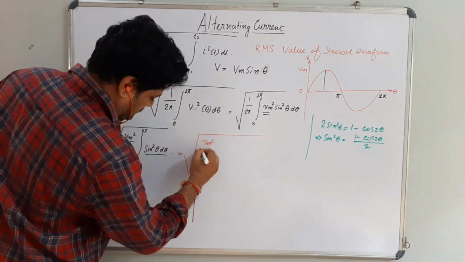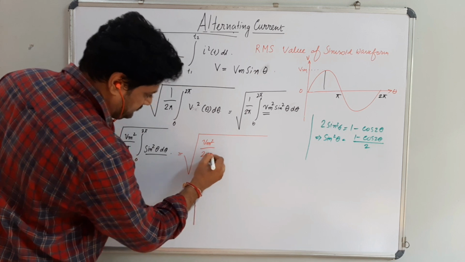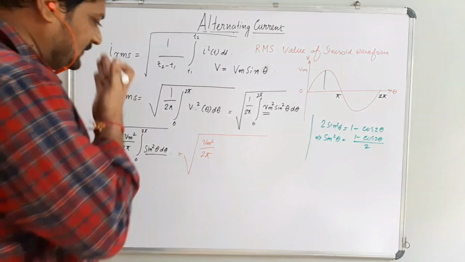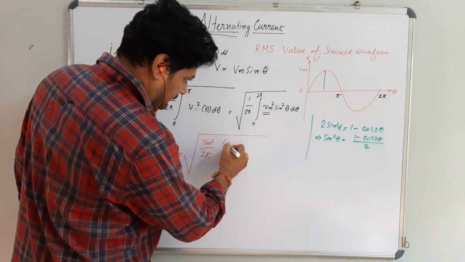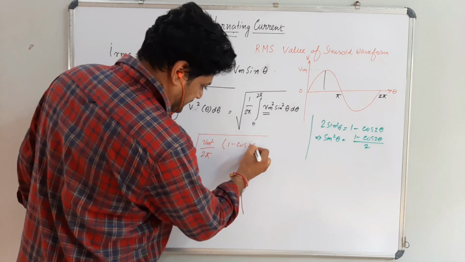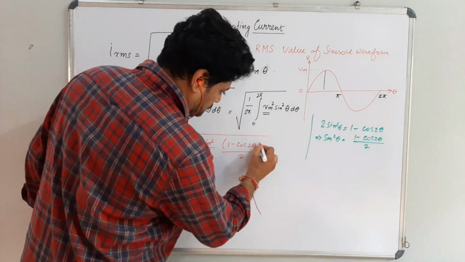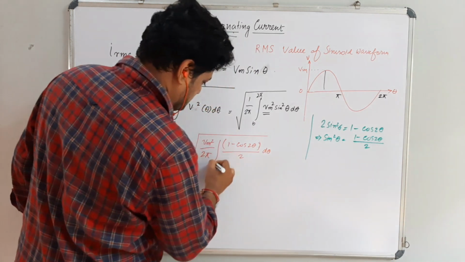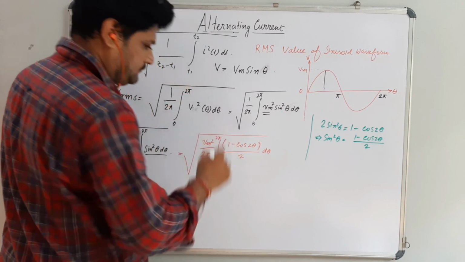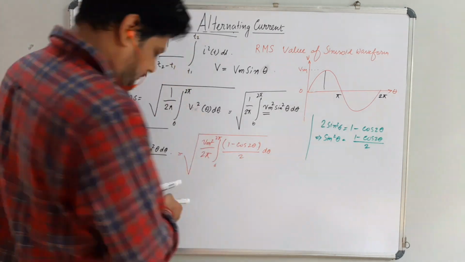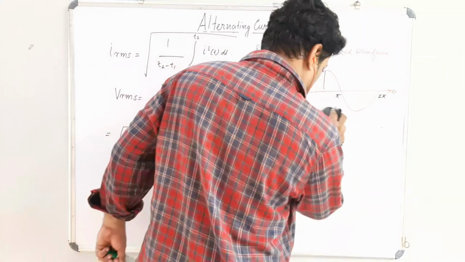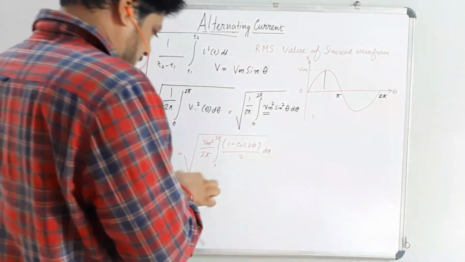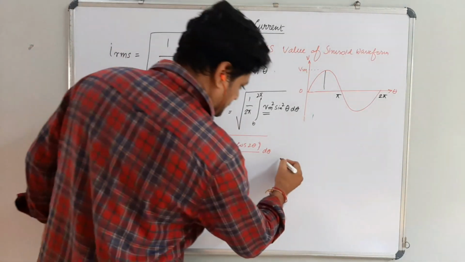Vm square by 2 pi, integral of 1 minus cos 2 theta by 2 into d theta, 0 to 2 pi. Right? If we integrate it, then what did you get? Again